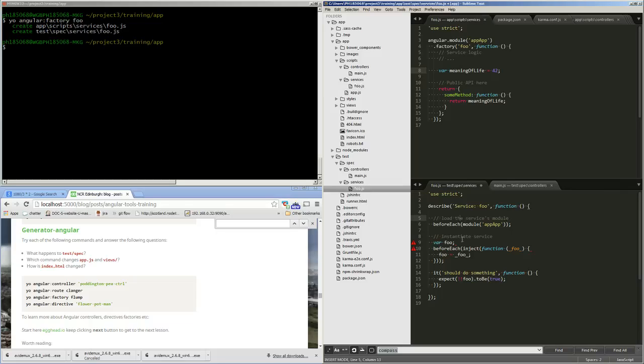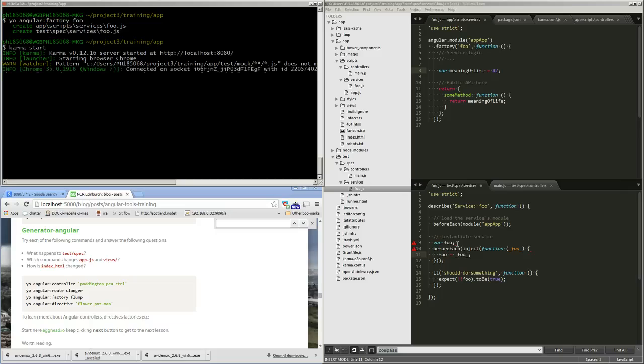And here we just have the boilerplate for our tests. So if we do comma start, now this test should pass. So we now have 2 successful tests running, and here this boilerplate is getting hold of, it's injecting the foo factory, setting it equal to the variable foo here, and from there we can access it in our test, and this before each is run before